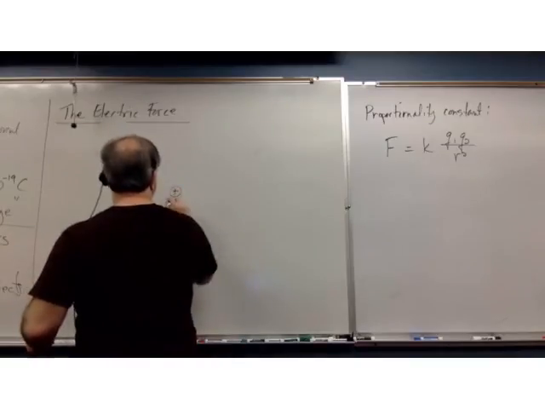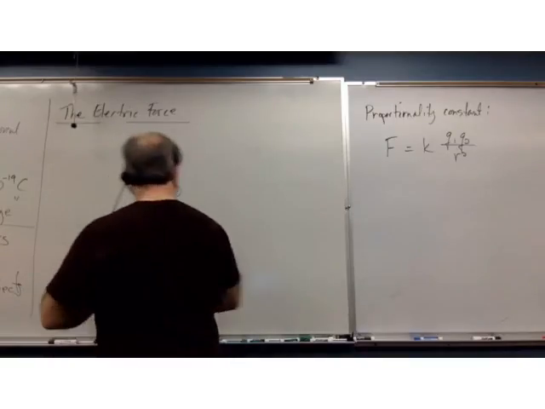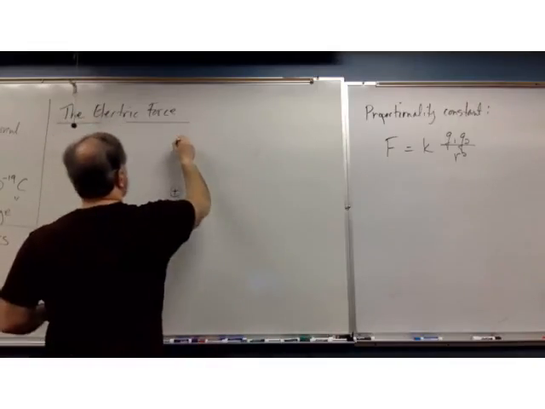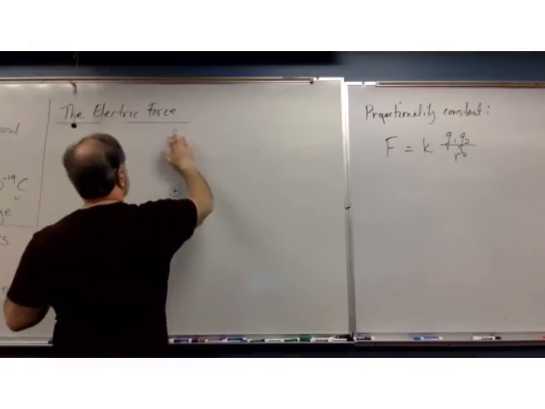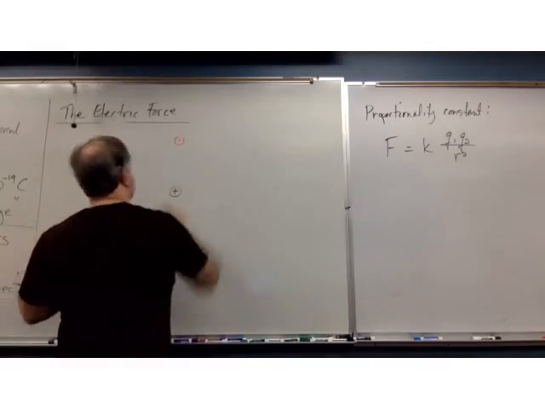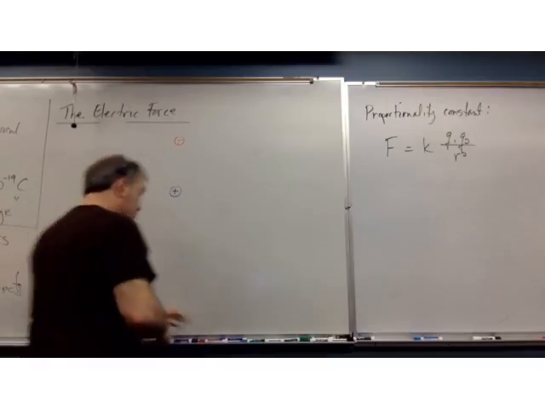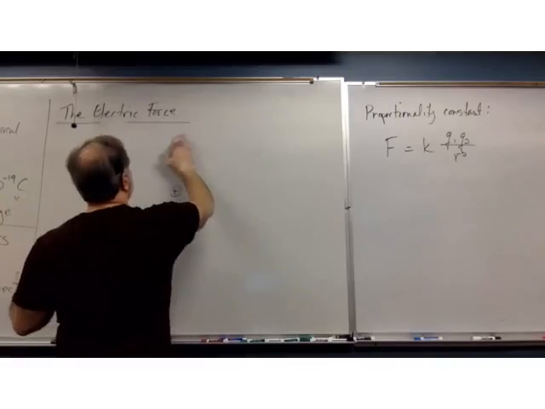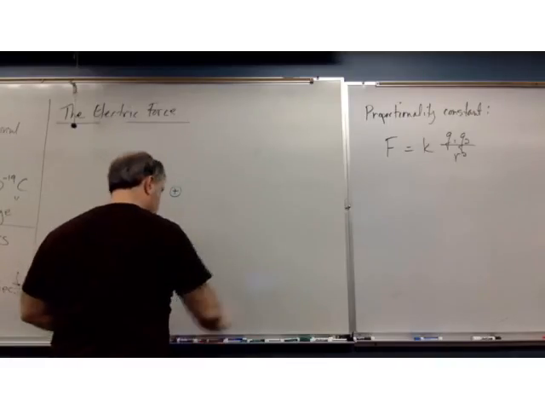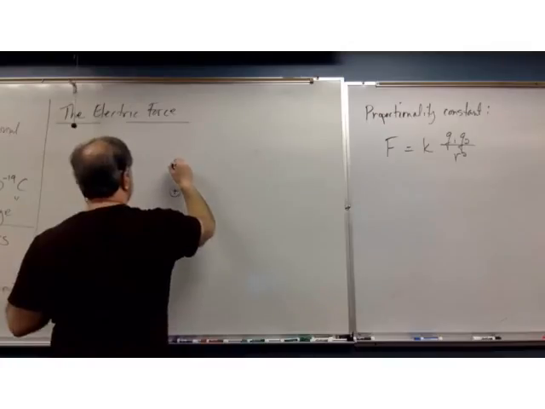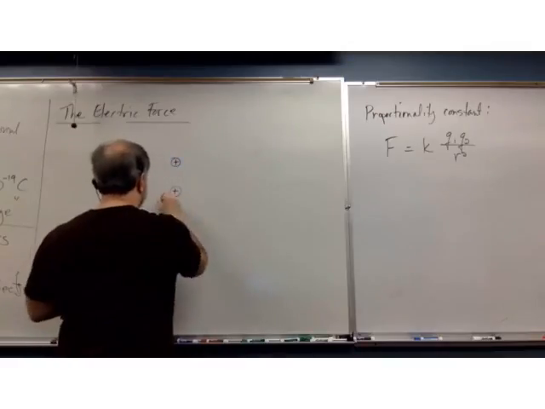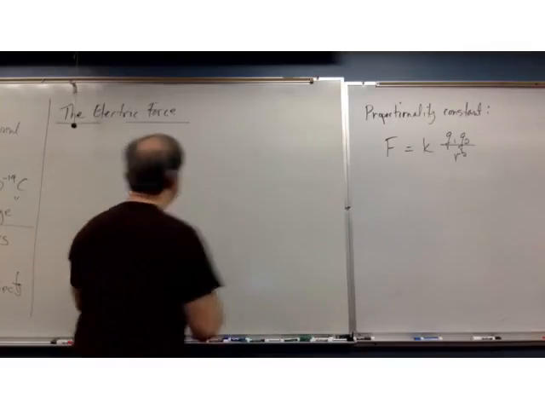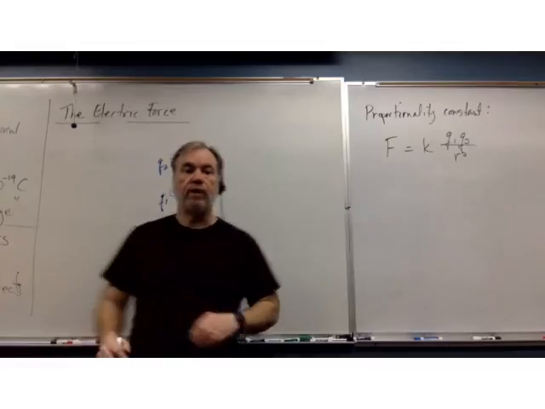So I'll put my Q1 here. And I put my Q2 here. Negative. And as I just did, that would indicate that, actually, let me do something. Let me make my life a little simpler. Let's make them both positive. Why not? Make them both positive. So this is Q1 and this is Q2. Okay? In which case, according to the rule that I just mentioned to you a moment ago, these two charges,